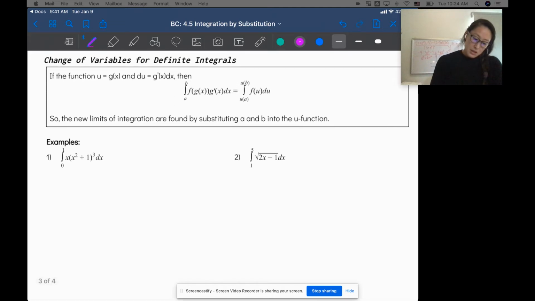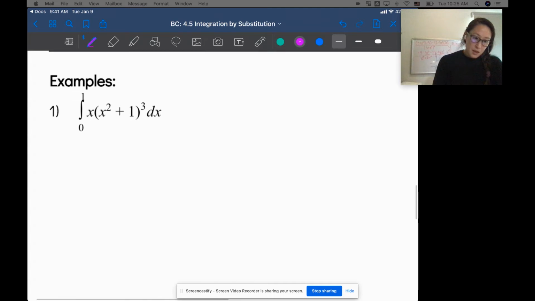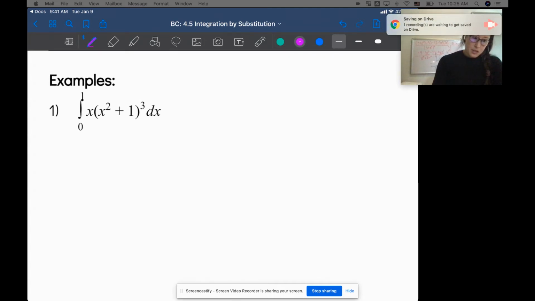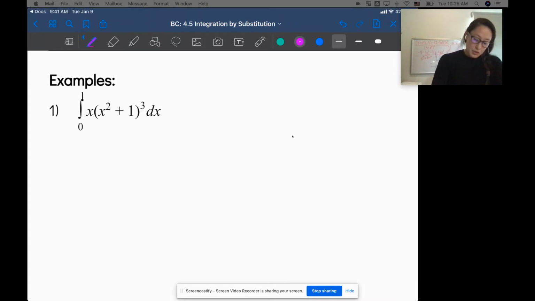So this is all fancy talk for, we're gonna change our upper bound to u of that b value, and then we're going to use the u equation to find the lower bound, basically. Fancy talk. All right, so first example, we're going to start by using u substitution, and I would like to,